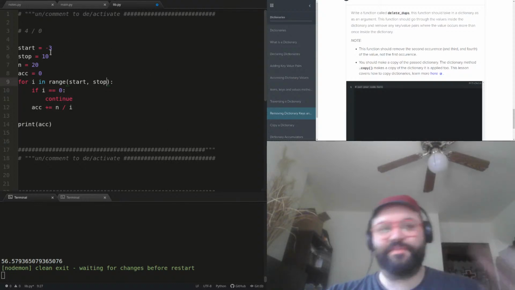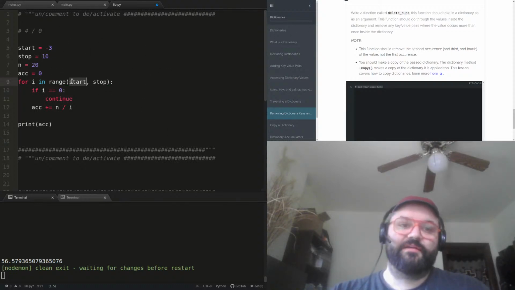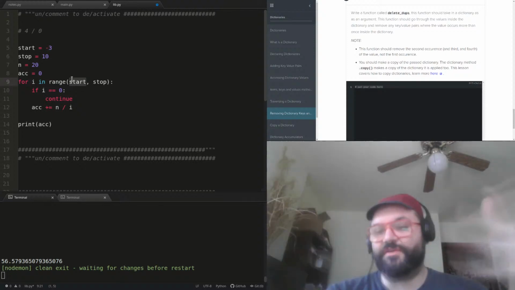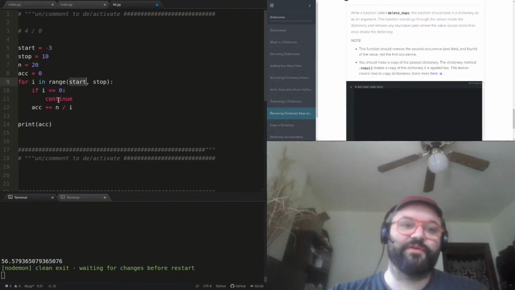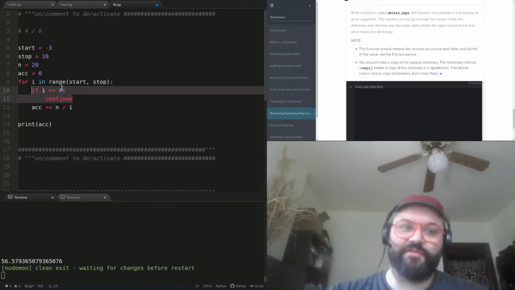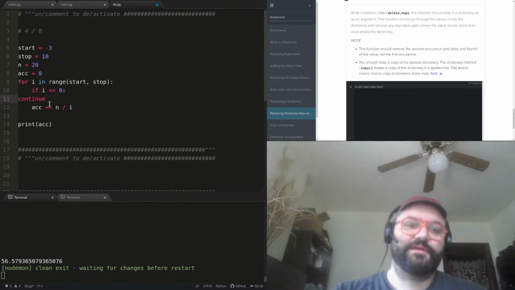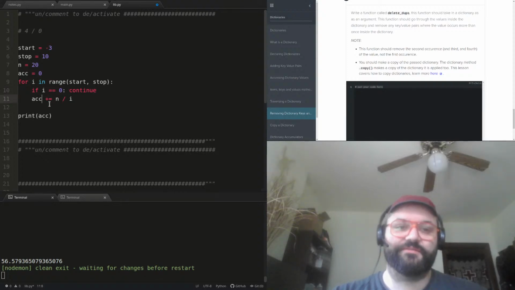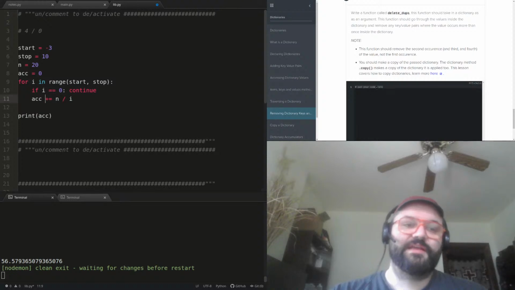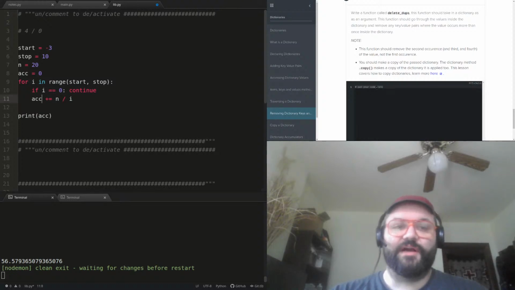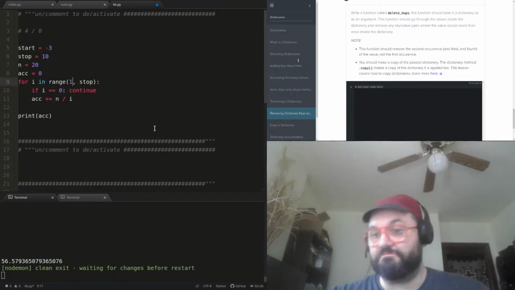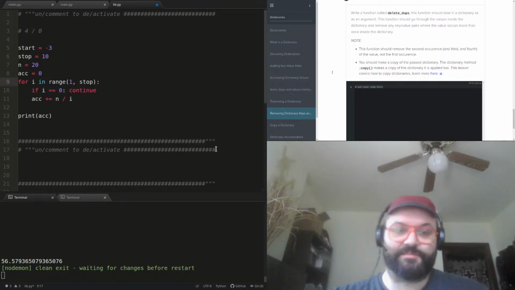So if I had this situation, the range encompasses 0. It's no longer just at the beginning. So I could avoid that particular situation, that whenever i is equal to 0, it's just automatically going to continue. In this case, and I wanted to show this first, if I'm not specifying a start and I know I always want to start at 1, I can just do 1, and I just omit 0 explicitly.